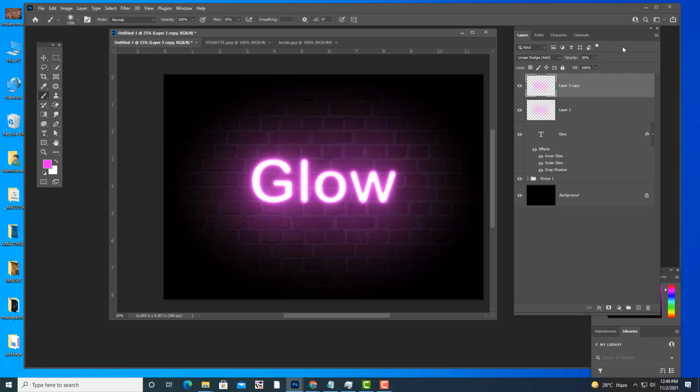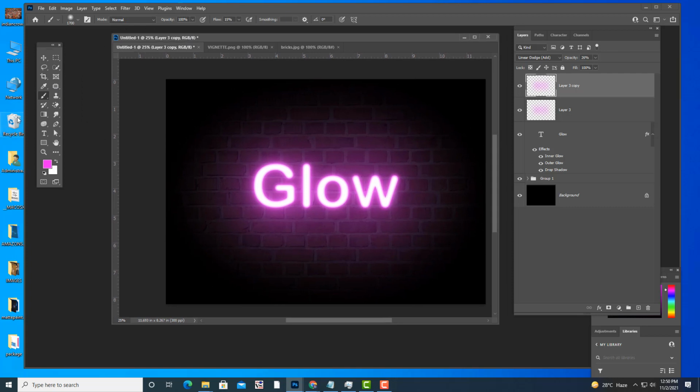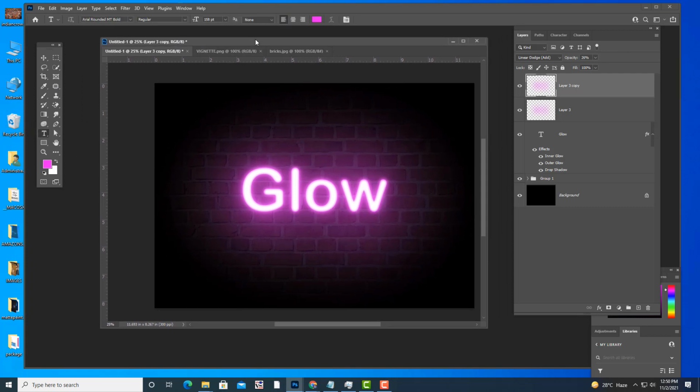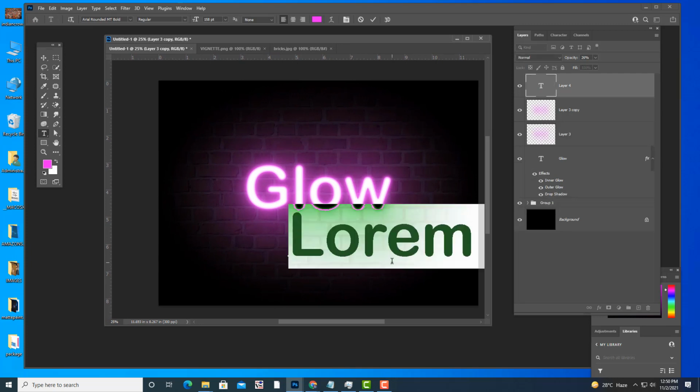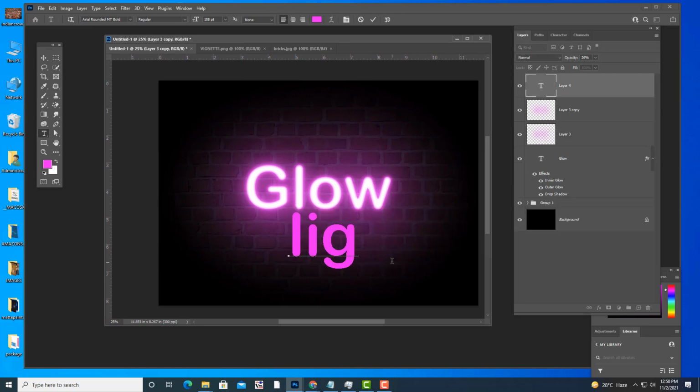And we can also do one thing. If you want to apply the same effect to another text, it's very easy actually. I think I told you last class. So let us type something, like lights.